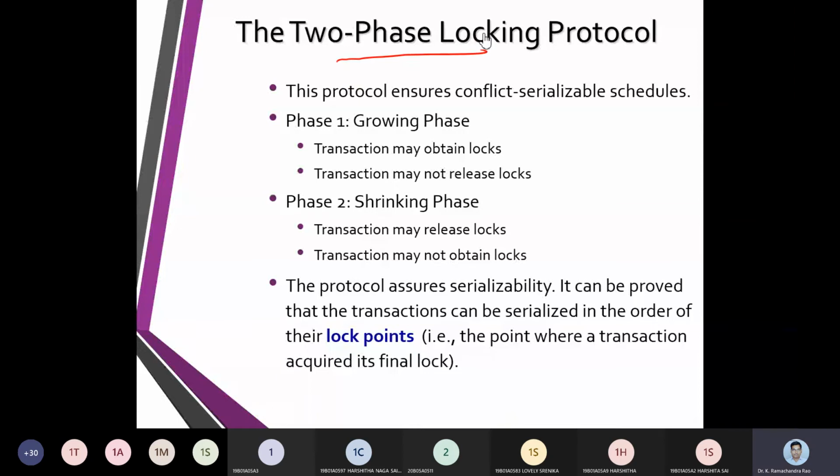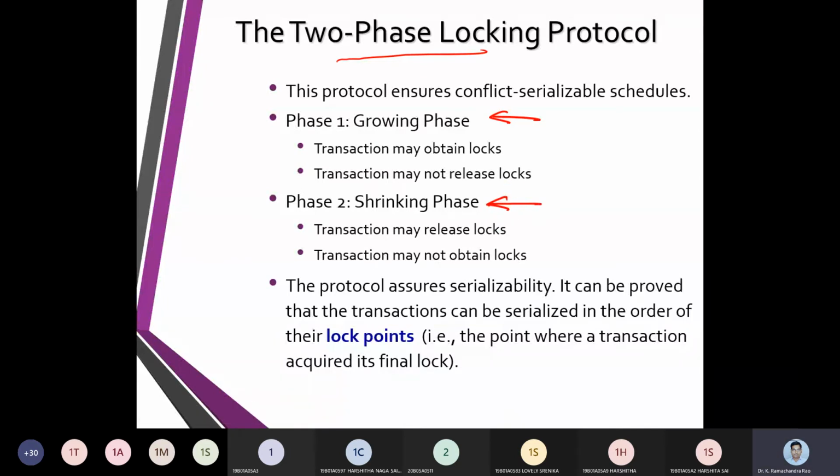One is requesting a lock. Two is releasing the lock. Now, while doing this, we have the growing phase and the shrinking phase.